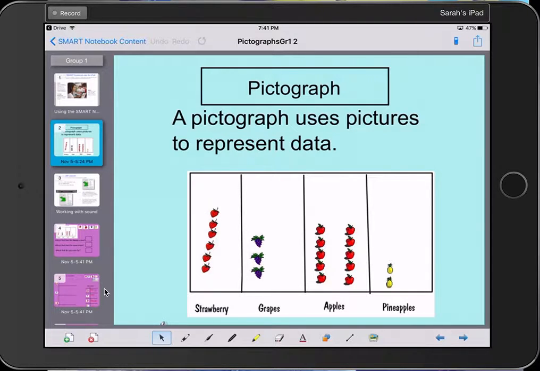A pictograph uses pictures to represent data. Below, you can see a pictograph. What do you think it's collecting? I can see fruits. So just pause that. So that's an idea that